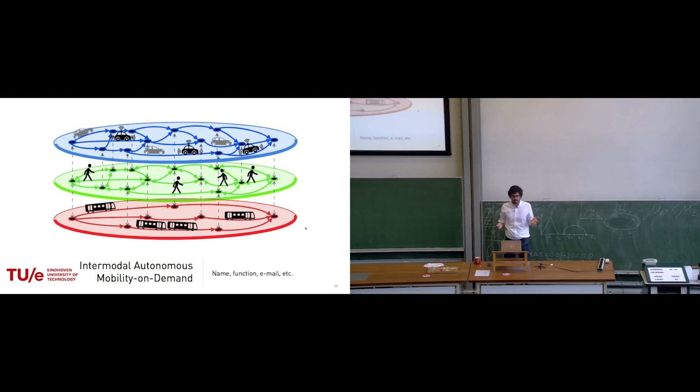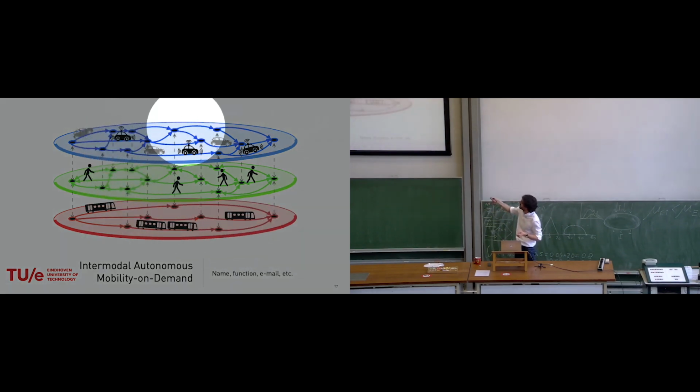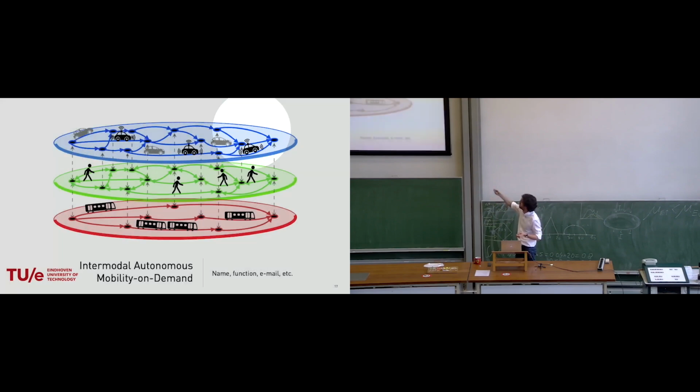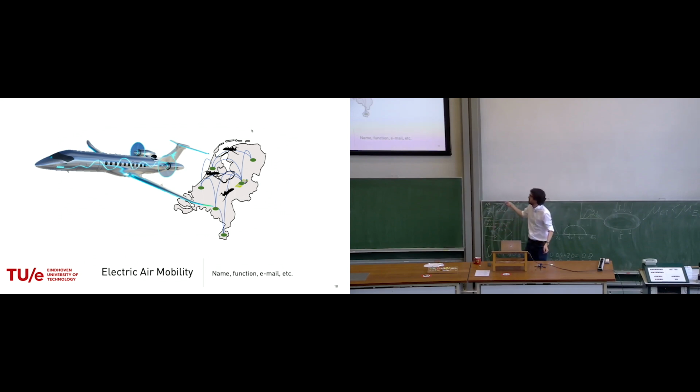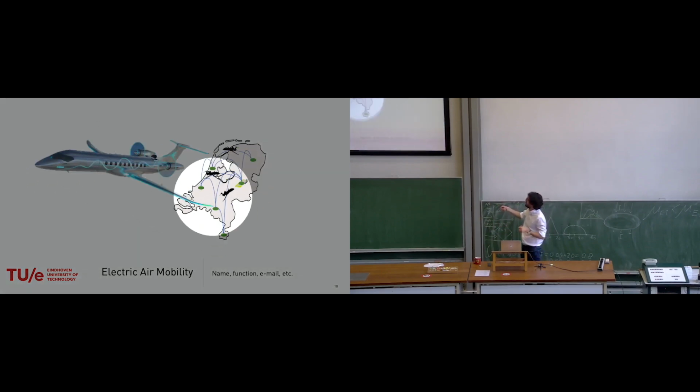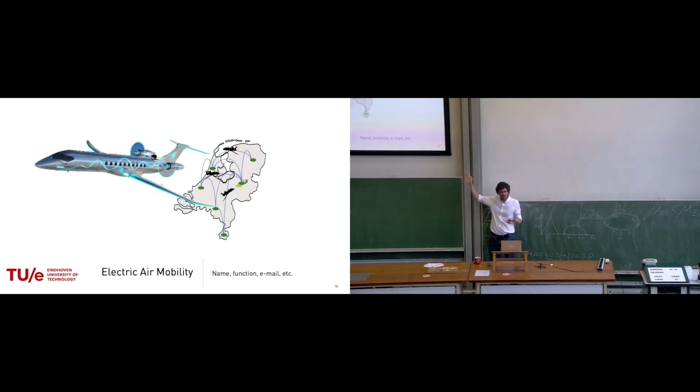Instead, if I were to use this, a figure says more than 1,000 words. Here you see it. Yeah, with autonomous cars, people walking, public transit, also some gray cars that are private cars, but I would explain it later, right? Or if I talk about another research topic we have, electric air mobility. Okay, you see an electric aircraft. You see a network for the Netherlands of airports. They're electrified. And okay, you can relate to it, right? It's nice. So keep it related to the topic, okay?